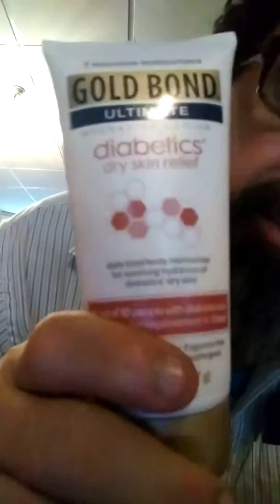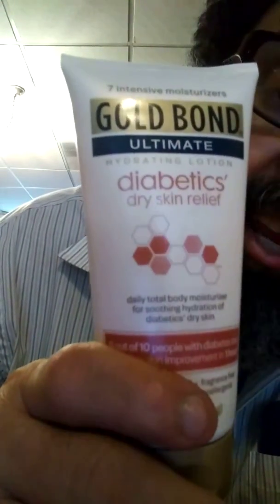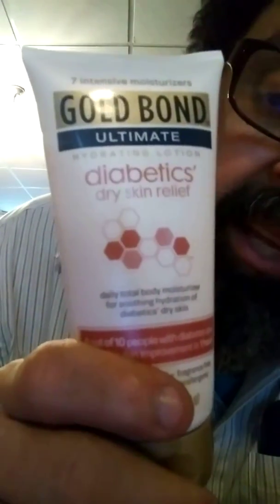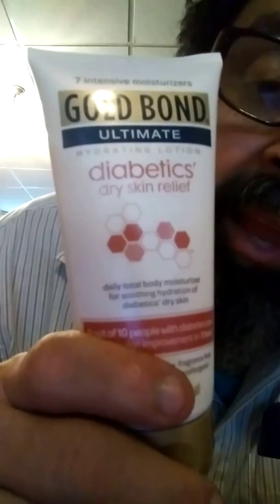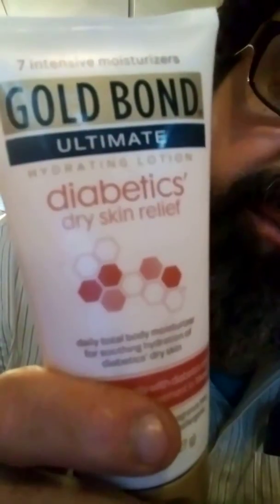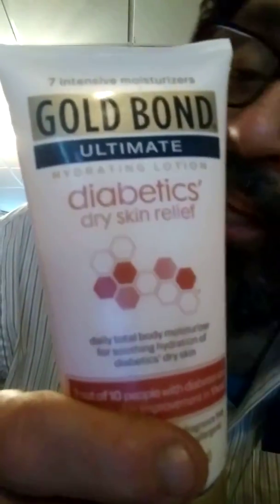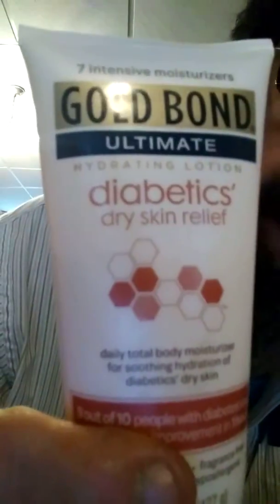Then you put this around your skin, all your legs, around your legs, and anywhere, even your arms if it's dry. Okay, this only costs $8.99 at the Walgreens. It's very cheap. But if you put it on twice a day or 3 times a day, it'll run out. Sooner or later, it's going to run out if you have to keep buying it. But this is Gold Bond